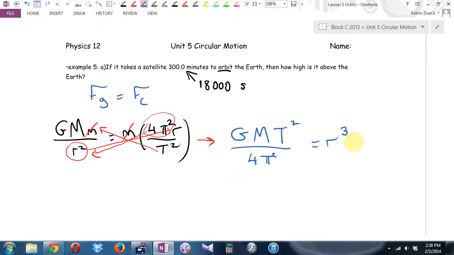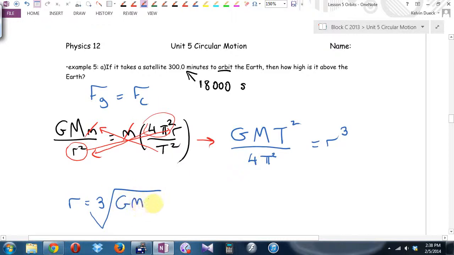Holy smokes, you mean we actually use cube root in the real world? Yeah, cube root. By the way, this is your time for all of you to figure out where the cube root button is on your calculators. And I'll help you if you can't find it, but hopefully you can find it. So r is going to be the cube root of big G, big M, t squared over 4 pi squared. And again, don't memorize that. Know this, if you're in orbit, gravity equals centripetal. We can derive whatever we need to derive. There's 4 or 5 other versions of this I can come up with. It's going to be